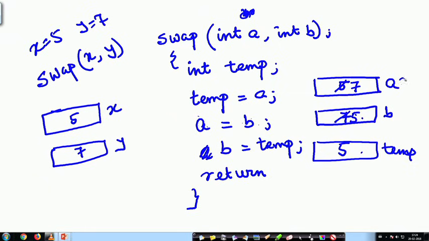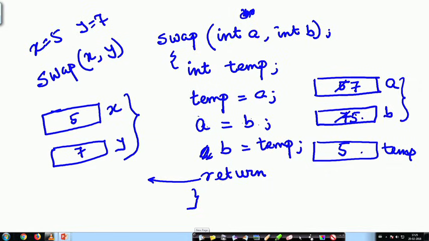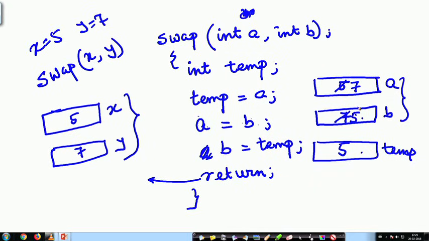This was fine. So, the swapping was done by a and b, and then when I returned, no change is reflected in x and y. That was the problem. So, we will now see how the swap function can be implemented. And another point is here I have just done return, and a function can return only one value. I could not return a and b to the main function, right. So, how can the thing be managed, so that after the swapping the result is reflected back in the main function? We will see that in the next lecture.